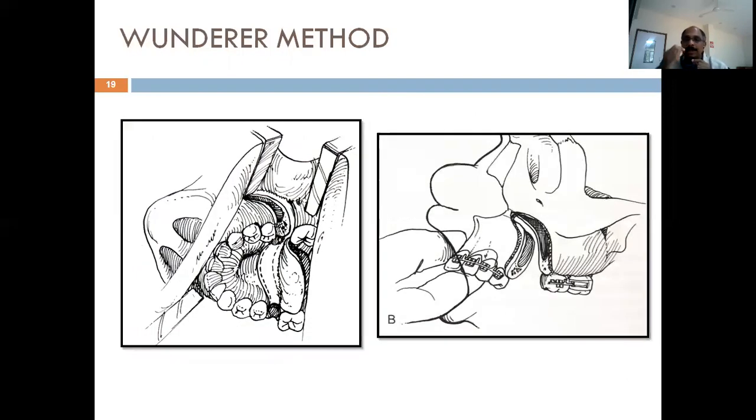There are three procedures: Wassmund's, Wunderer's, and Cooper's modification. Wunderer's procedure is obsolete now. Nobody does this because the problem with this approach is that he made a cut in the transpalatal approach. It's called a transpalatal incision, made on the palatal aspect of the maxilla, and he made a cut from the palatal bone towards the buccal side. The problem was it was almost like a blind approach, and the palatal blood supply is lost. There were a lot of complications related to that. So now it is obsolete, nobody does this procedure.